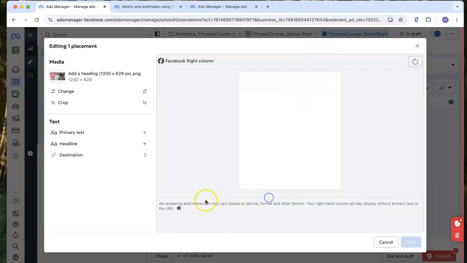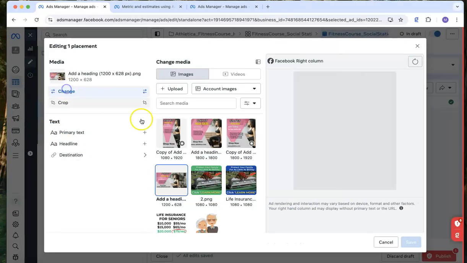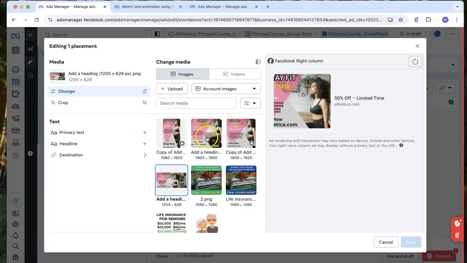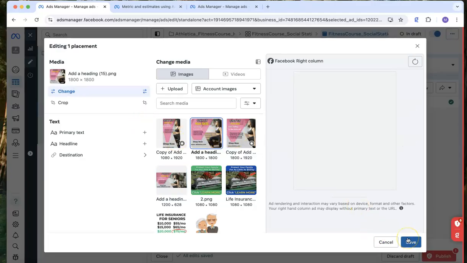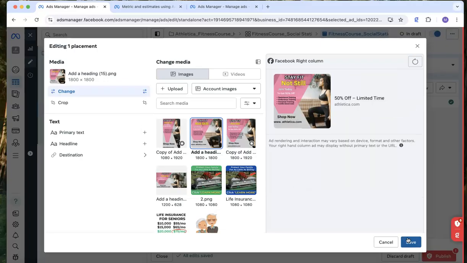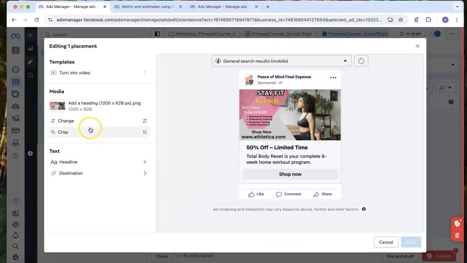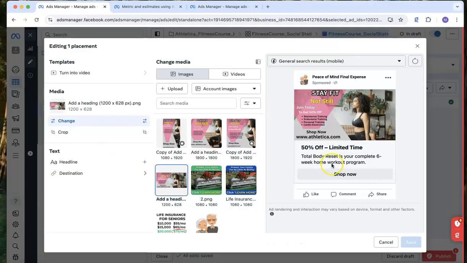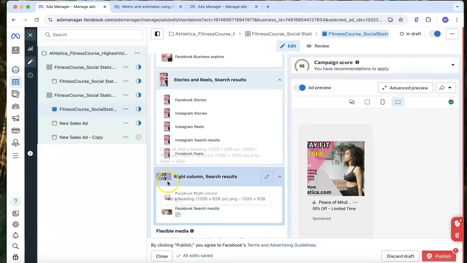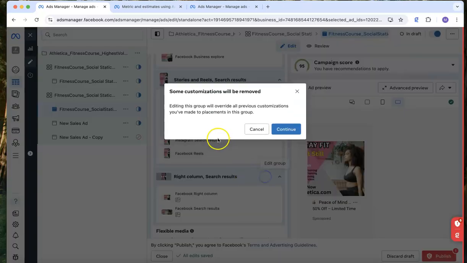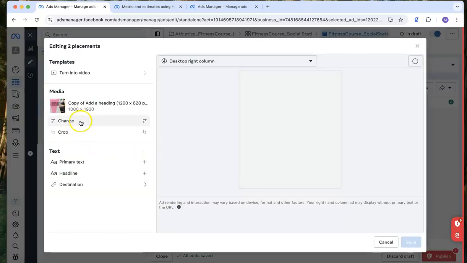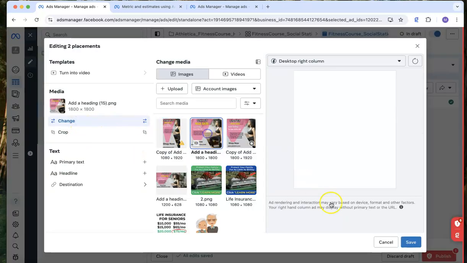So even here we can change it because it doesn't quite look right. So I guess I can change it here and see what it looks like. So that actually looks better. And then I'll change this too. So that looks fine. So again, make sure you click into all these and make sure that they all look correctly. Like this one looks off, we can correct it. So yeah,